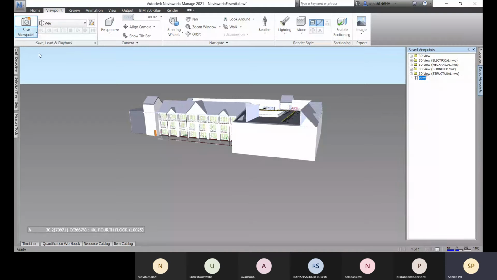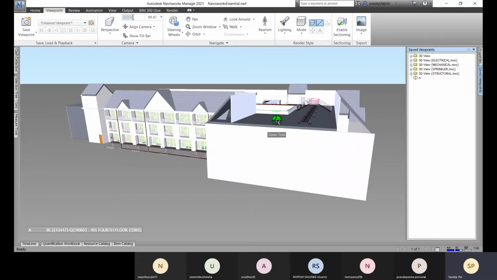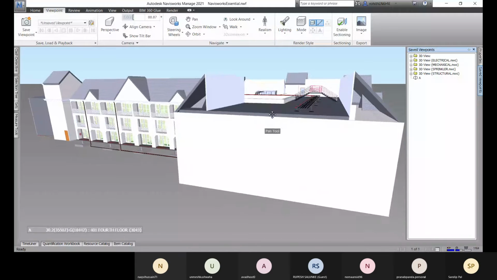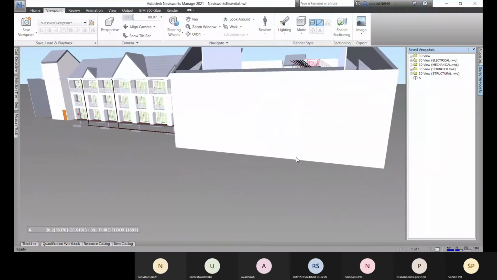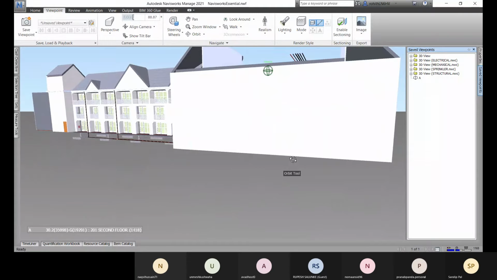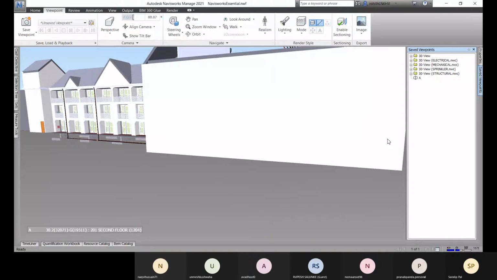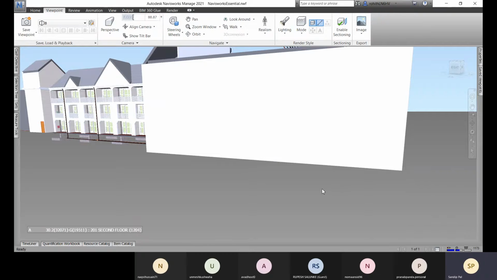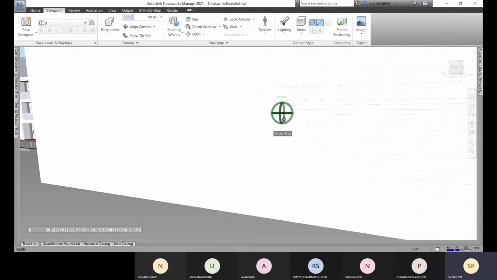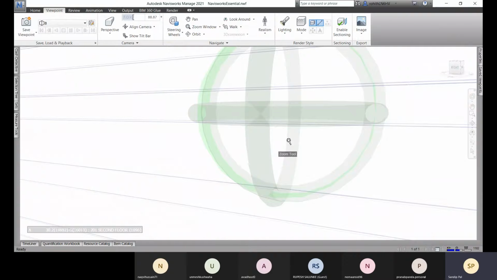You can click on this save viewpoint, and here you can give it a name. So I'm going to give a name like A, and here you can zoom it. And you can save this viewpoint, give it a name B. Now let me enter into it.